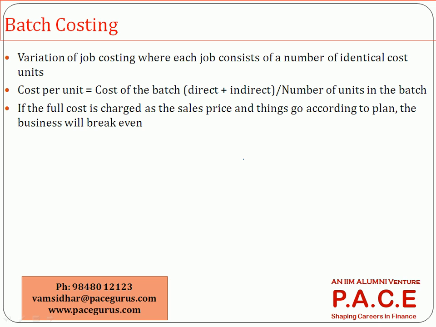The cost happens at a batch level, at a group of items level, and once I identify the cost at a batch level, I divide it by the number of units in the batch to arrive at the cost per unit. Even this we will take up as one of the examples in the case study which we would be considering. We have a couple of scenarios where the costing is according to a batch process, and based on that allotment we'll do a per unit cost and we'll use it in our budgeting process. And